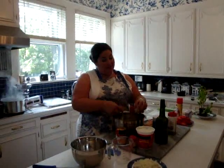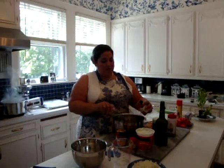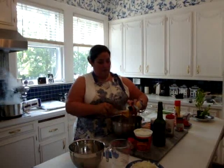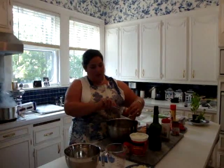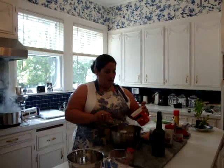Like I said, sometimes it's kind of difficult to get, but we were lucky today that I was able to find it. Cream of mushroom soup will work fine, but the flavoring in this really is nice. And then I'm going to add a 16-ounce container of cottage cheese,